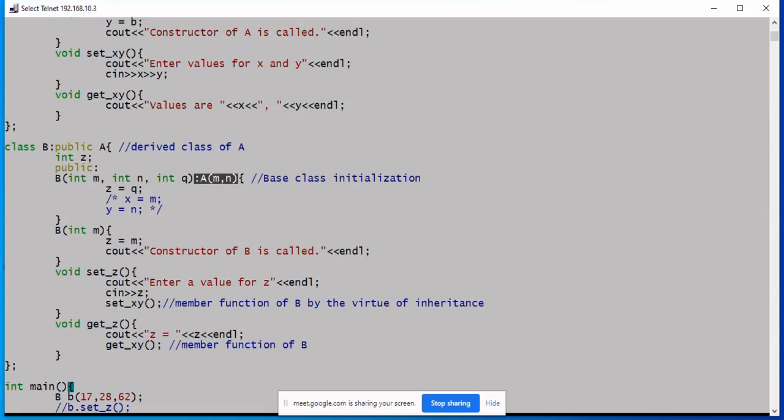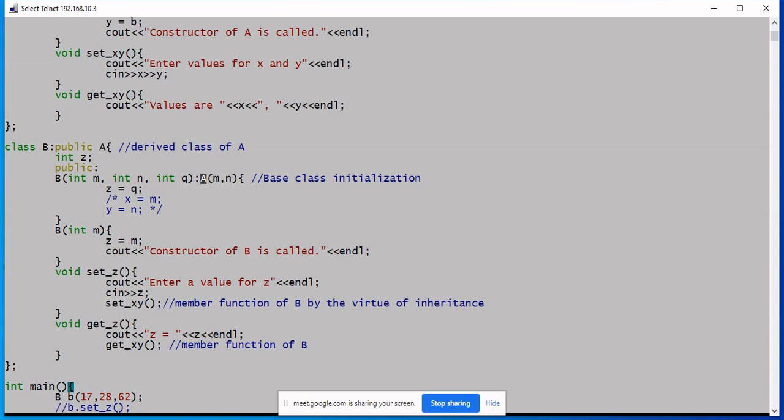So I pass them on to the constructor of base class, and here is the syntax: colon base class name and pass the values. It looks like any other typical function. Even though it is a constructor, that is also a special function.